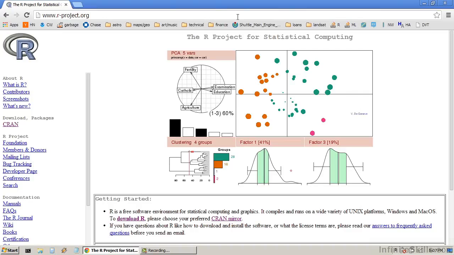In this lesson, I'm going to show you how to download and install R and RStudio. Before we get started with any of the lessons, we really need to make sure we have the right software. Let's go to this website,